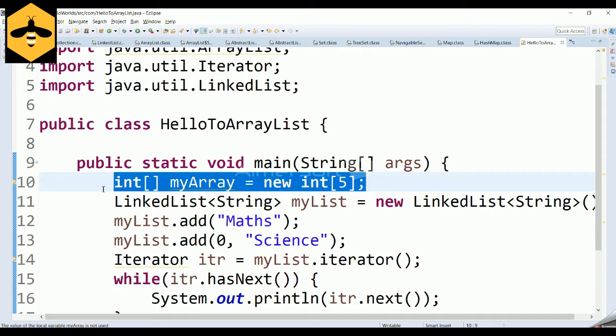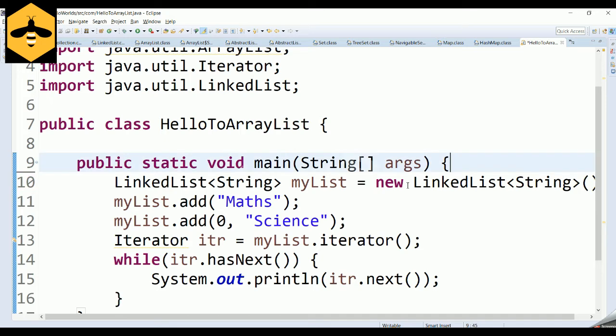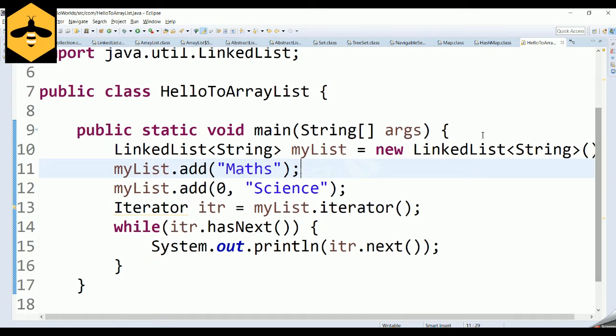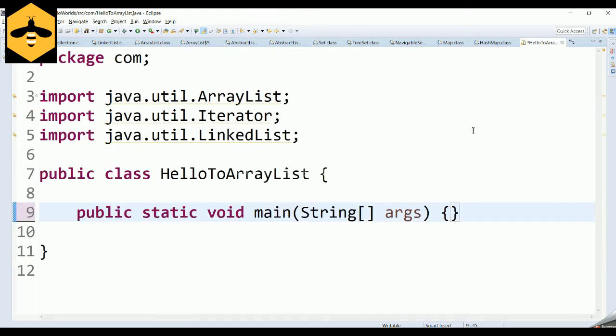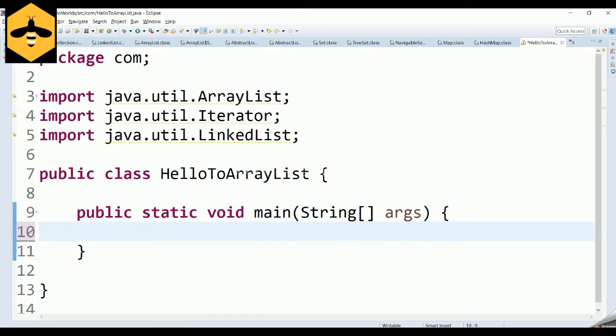So the size cannot dynamically increase. But when you take the list implementation, whether it is an array list, a linked list, or a vector, all three implementations can increase or decrease in size dynamically. And today let's talk about one such implementation called the vector in Java.